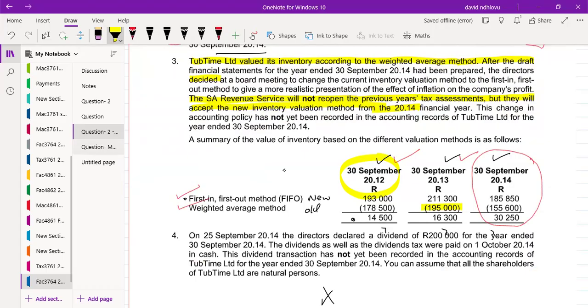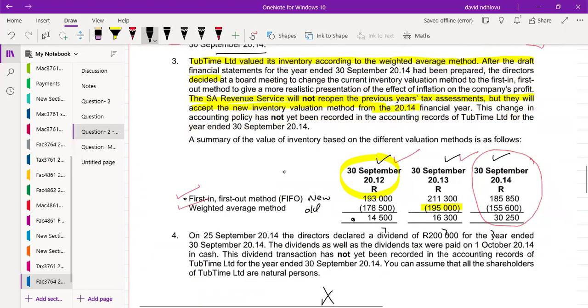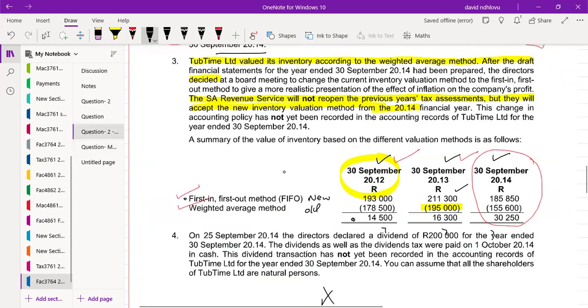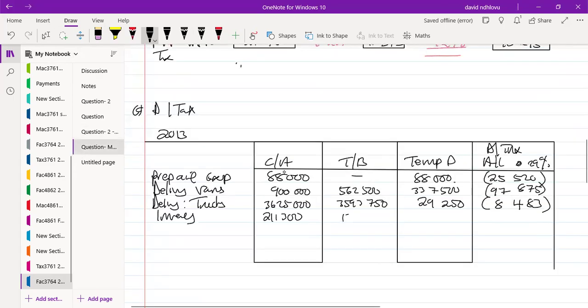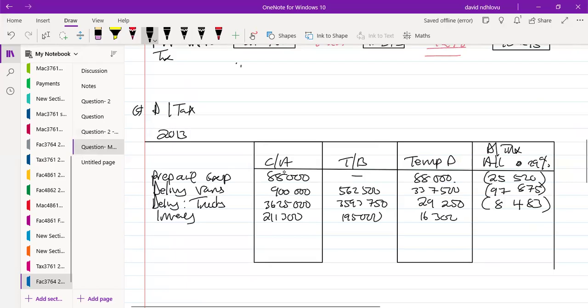In our books now, in terms of the asset of inventory, in the prior year, this is for 2013, we are using a figure of 211,300 there. So this is our value based on the FIFO. SARS is saying they are going to stick with 195,000 here. So they will have 195,000. And then we have a difference of 16,300 here. That's a temporary difference. So we say 16,300 multiplied by 0.29, then it gives 4,727, which is a